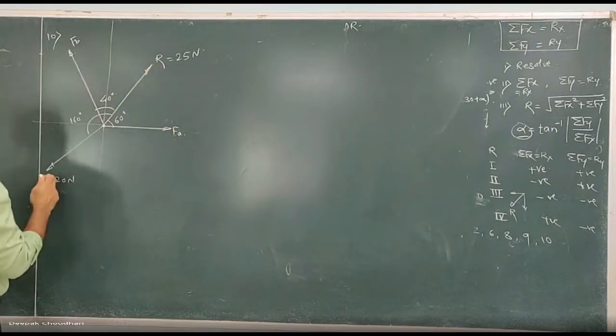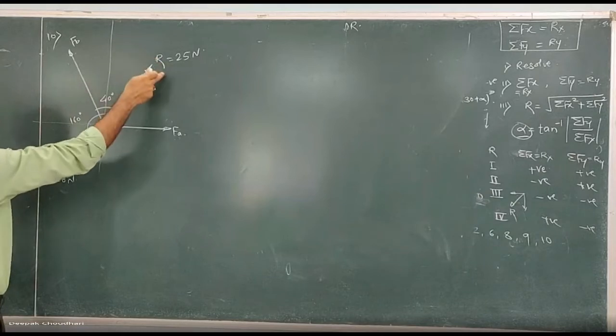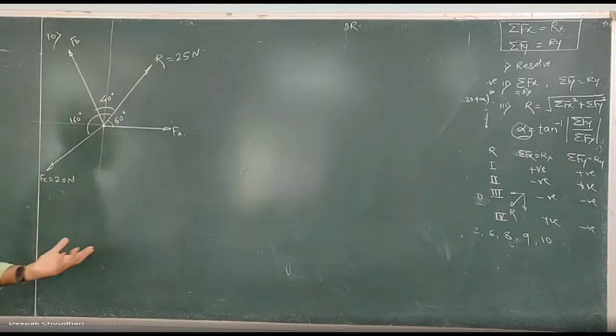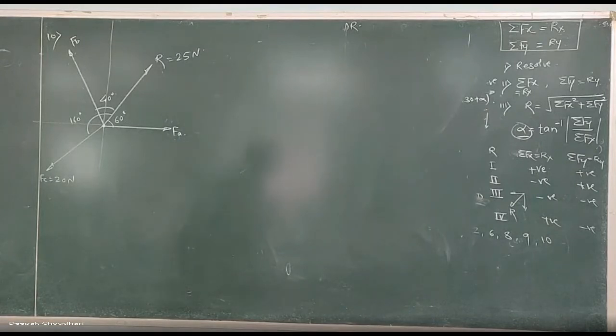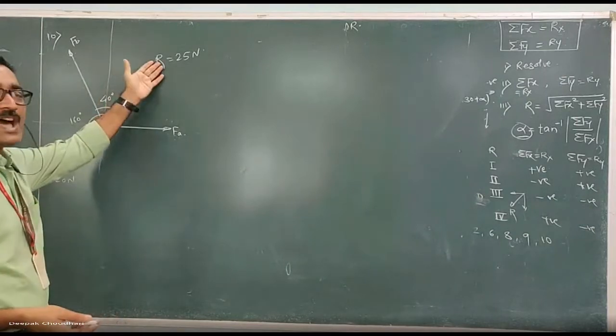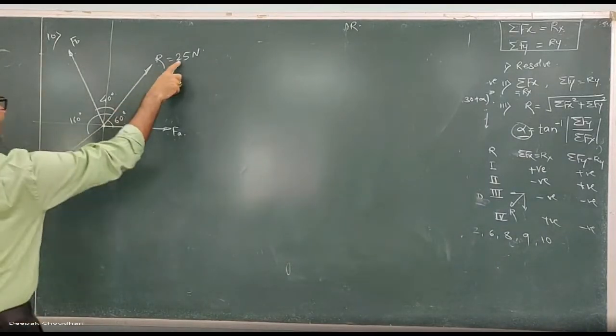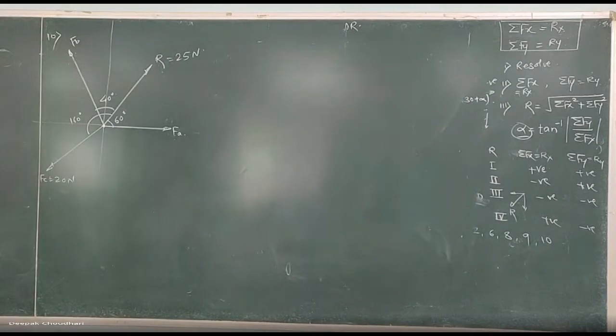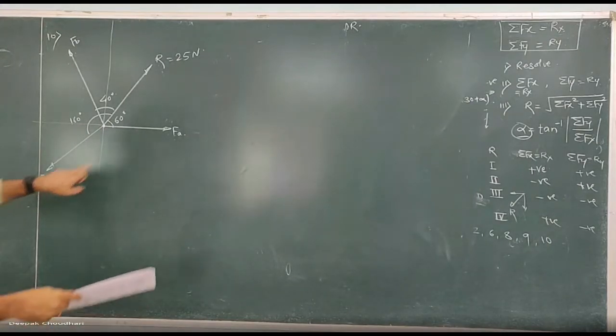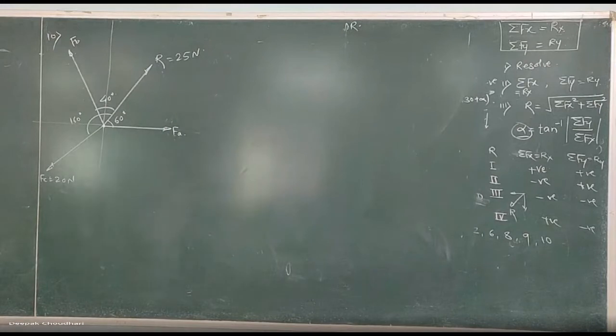Since these are the three components of this force R, we can consider this R as a resultant of these three. Yesterday I told you that when we resolve a force into components, that original force can be treated as a resultant of those components. Understood? So here the resultant is given completely, magnitude as well as direction. Here if FC equal to 20 Newton, you have to calculate FA and FB. Two forces, magnitudes of the two forces are unknown.